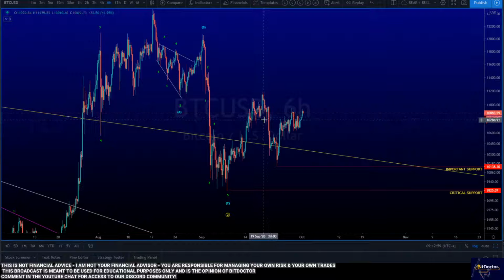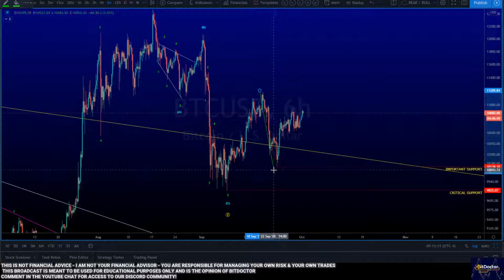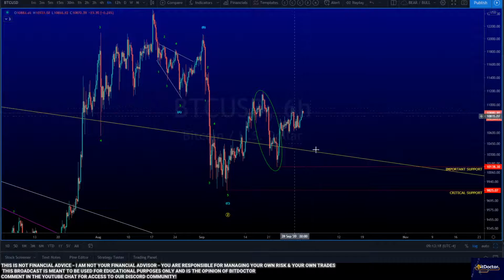I can count 1, 2, 3, 4, 5 right here, right? If I'm putting on my bear goggles, this looks like 5 waves right here, which has me a little concerned. I do have a little bit of concern with this guy right here because it's 5 waves, okay? So if this is an A, a B, and then we're going down for a C, that would work out okay. But we can't go down past this. This is our important level we have to hold. I don't want to see it break, but really, if we're looking at a correction here,